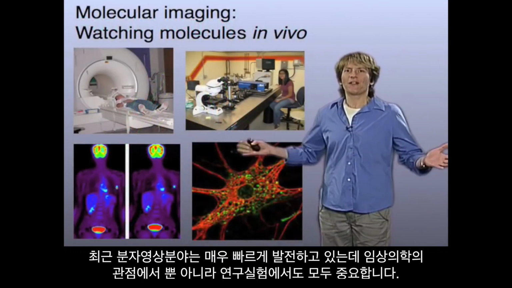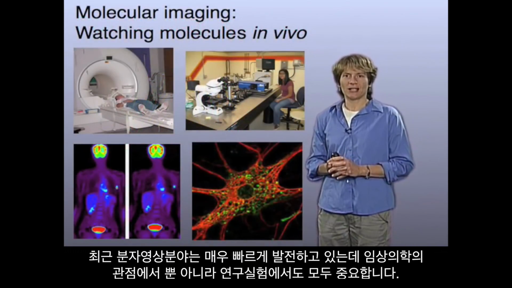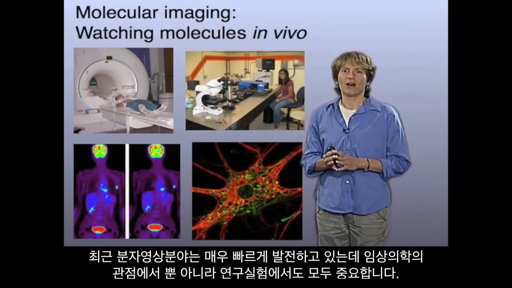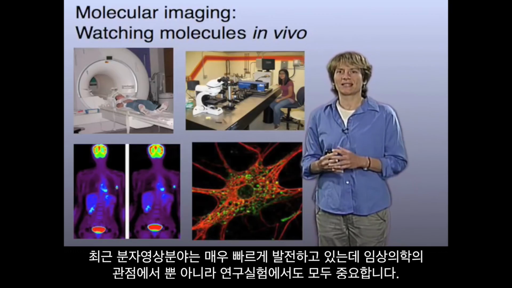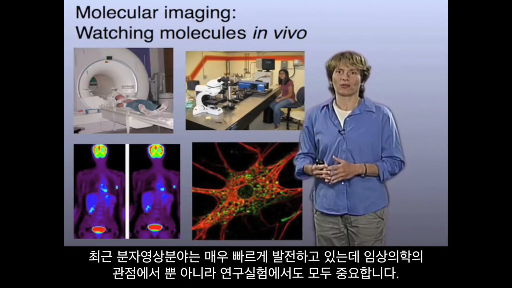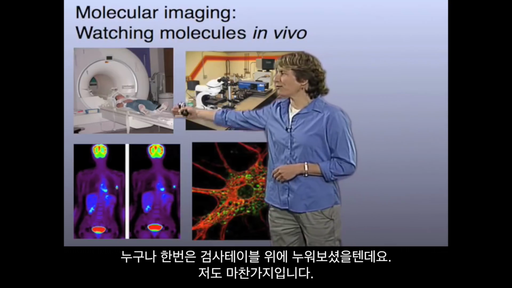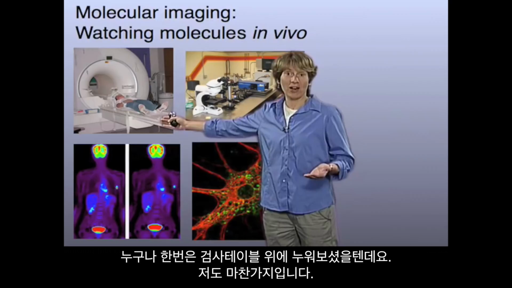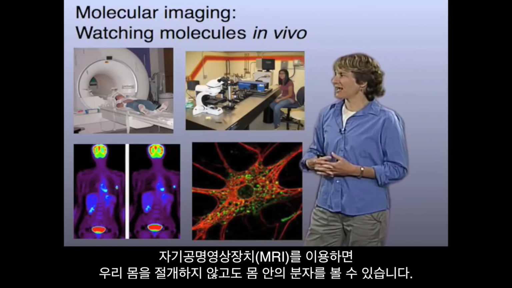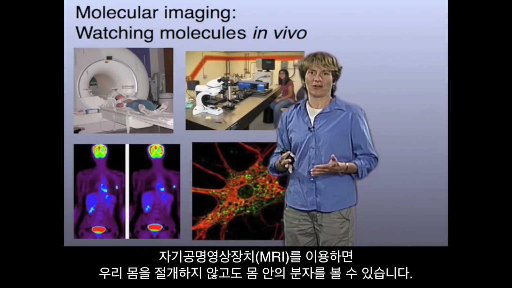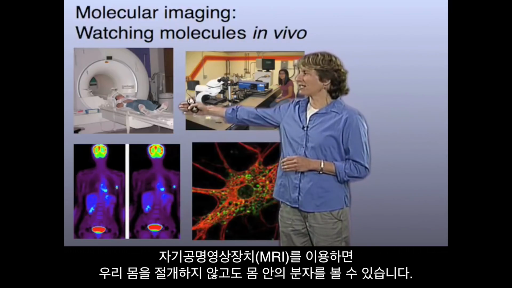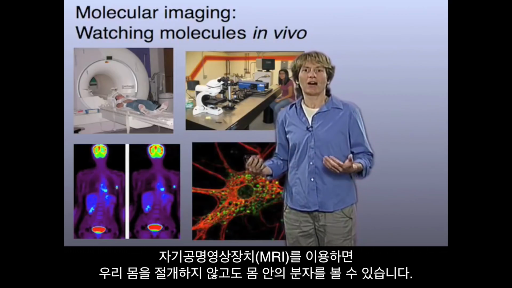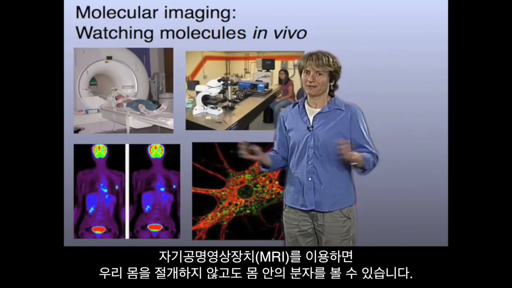Okay. Now, the field of molecular imaging is certainly large and expanding rapidly, and it's very important both from the perspective of clinical medicine as well as in the research laboratory. So many of you might have found yourself lying on a table like this at one point in your lives, as have I. This is a magnetic resonance imaging scanner, or an MRI scanner, and what this scanner can do is literally take a picture of molecules inside our body without having to cut us open, which is very convenient